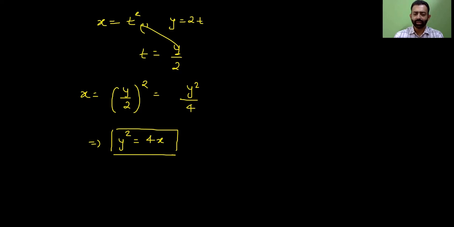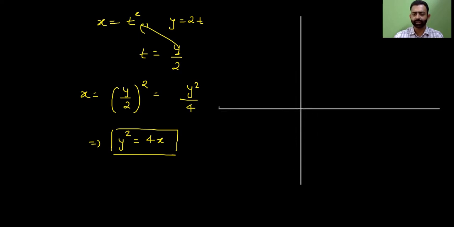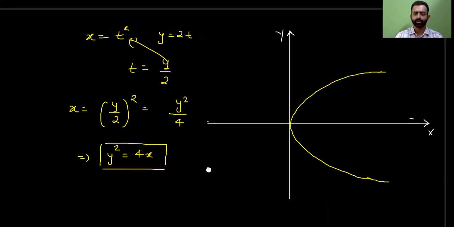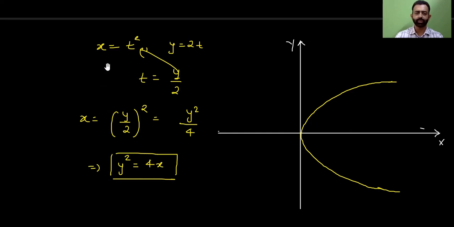Let us quickly sketch the curves. Suppose this is your y axis, this is your x axis, this is y, this is x. Okay, and this is y square is equal to twice of x. So this type of parabola is like this. Okay, and then we have to sketch the tangent also, right? Equation of tangent was